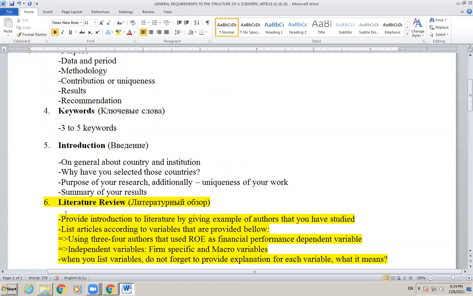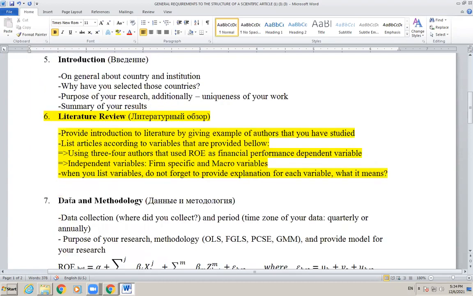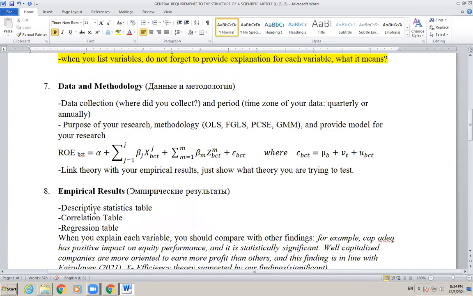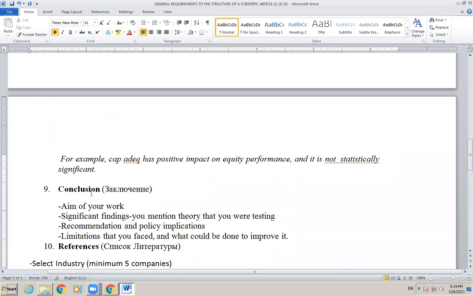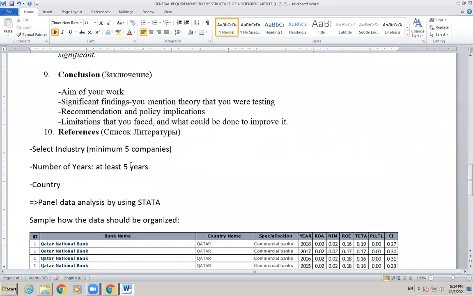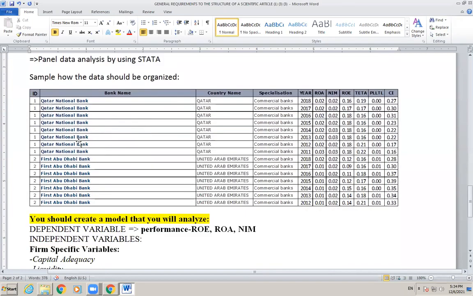Introduction part, literature review, data and methodology part, empirical results, how you should explain the data and everything, and conclusion, and the reference style, and how you organize the data in order to run the regression analysis. Okay, this is how your data should be organized. And apart from that,